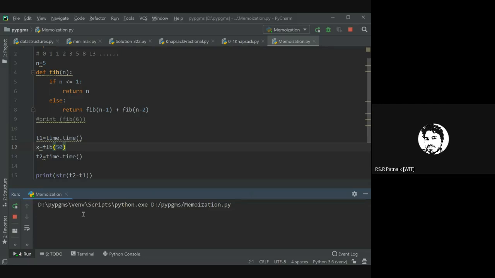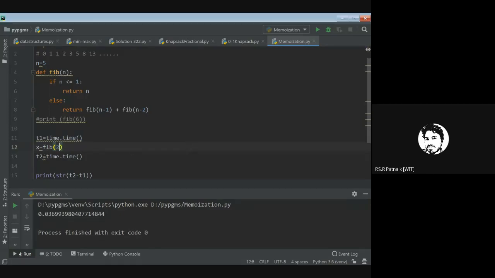The program is still taking a lot of time. It's not even able to get the answer for 50. Do you think the program which executed for 5 and 10 is taking more than a minute to get an output for this? So let me break this and reduce the input to half of that, 25. And now if I execute this, it's almost taking 0.03.